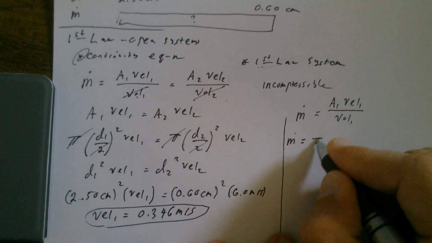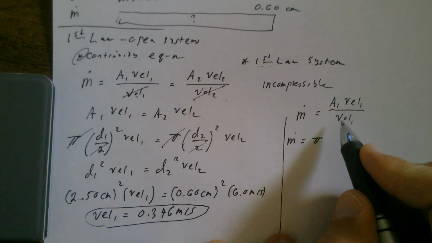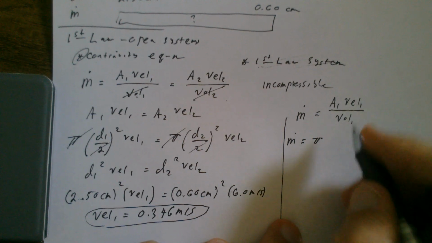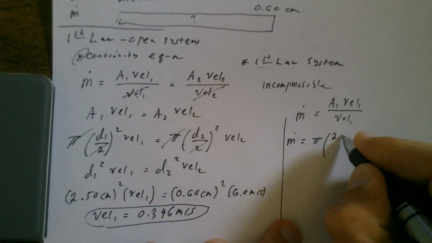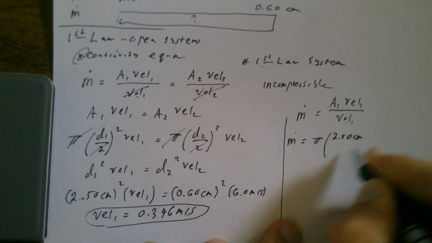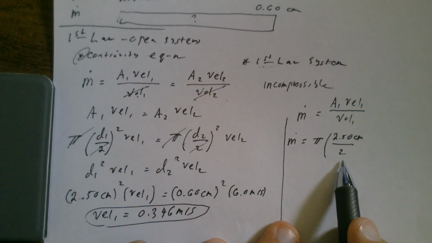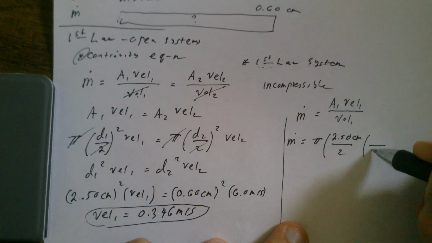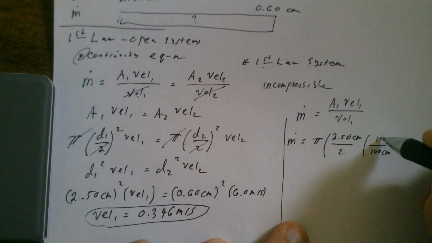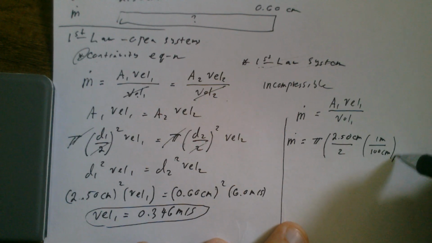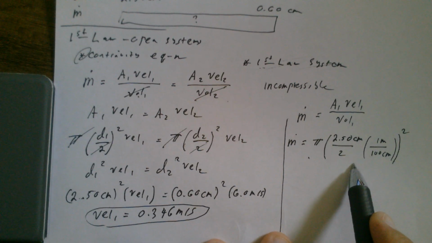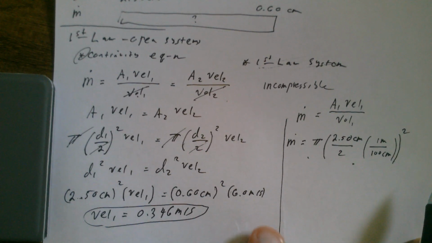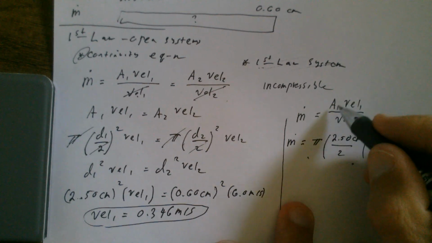So pi, and I need r squared, but I have diameter, so it's 2.50 centimeters divided by 2 to get the radius. Now I have this in centimeters. I will convert this to meters. So now this thing is pi r squared, and this r here is in meters, so this thing is in meters squared. That's the area,